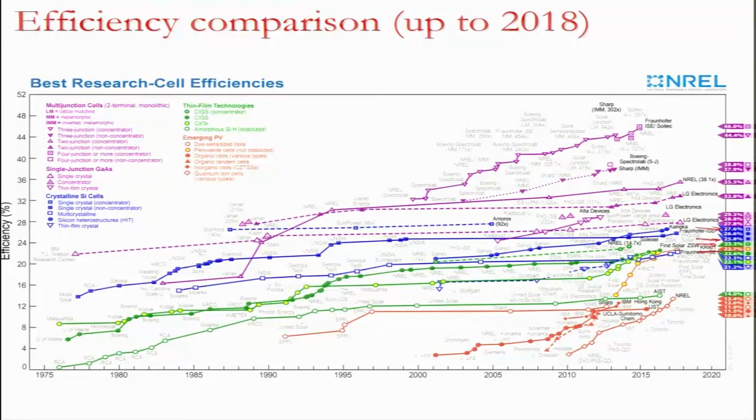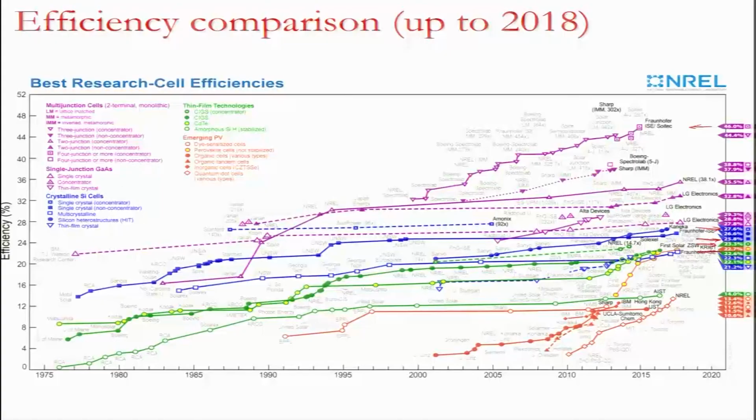So for example, right on the top we have this 4-junction technology, which is at about 46%, but these are very expensive technologies and very difficult to make. So they are primarily for demonstration purposes or solar or space technology programs, or for some niche applications. And mostly the research on these is led by industries. You can see that the research is mostly industrial centers or groups led.